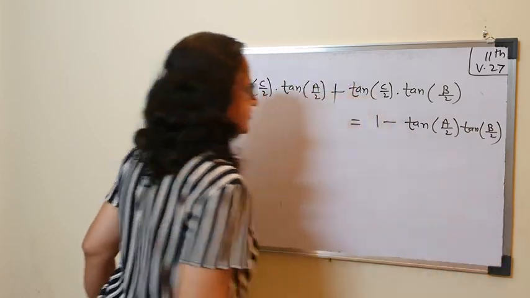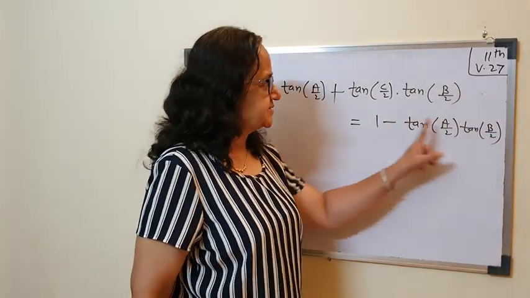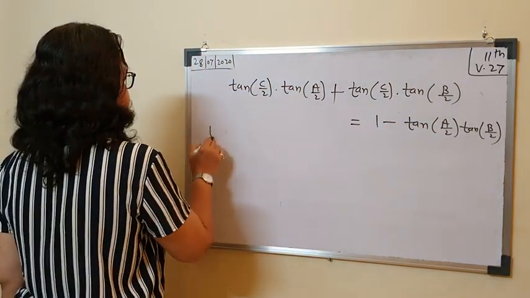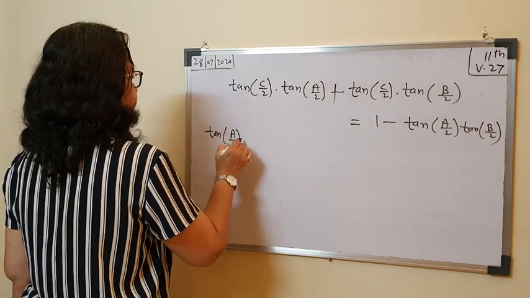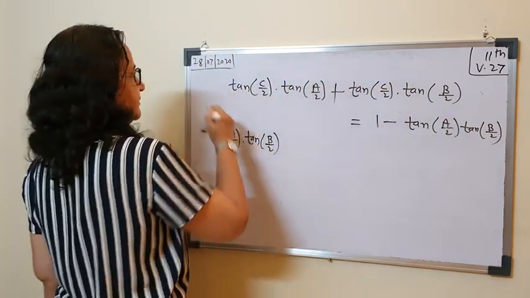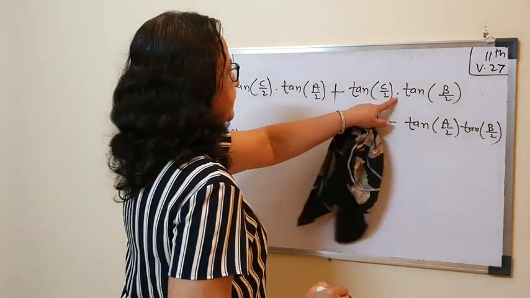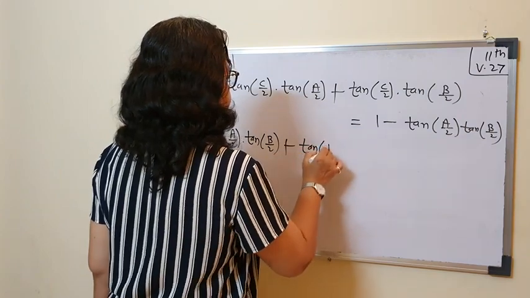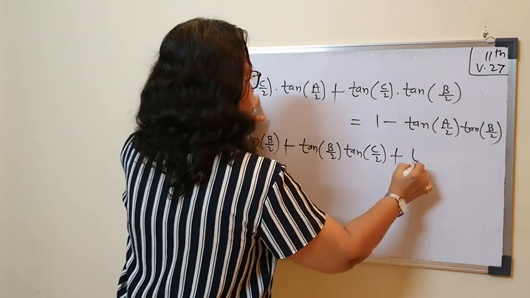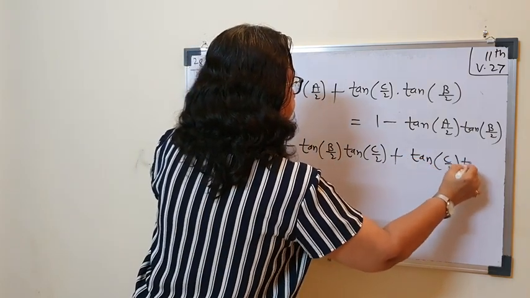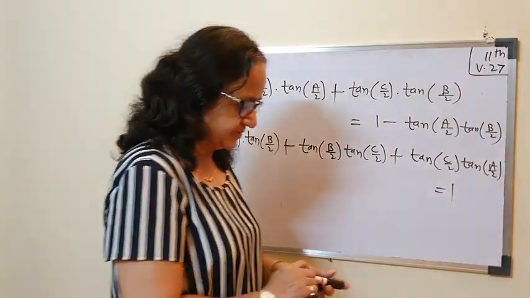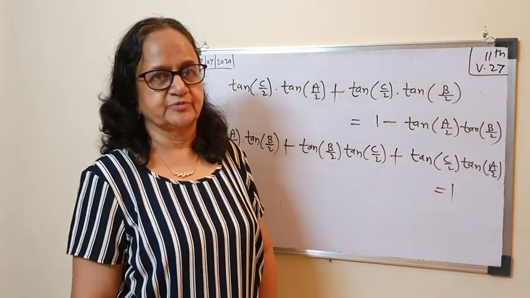And now you got your answer. Last term is minus, I'll bring it on the left. So let me get it on the left. It will be plus. I'll write it first. So tan A by 2 into tan B by 2. This term which was minus, I brought it on the other side, become plus. Then I'll copy this term. Tan B by 2, tan C by 2. And then we'll copy this term. Tan C by 2, tan A by 2. All that is equal to 1. This is what you wanted to show. And mention below. Hence, the result is proved.